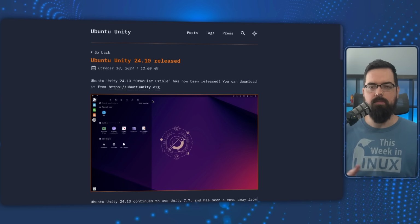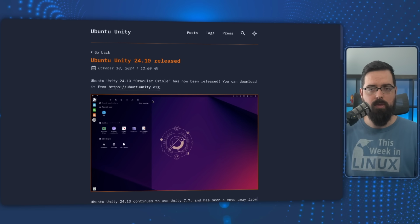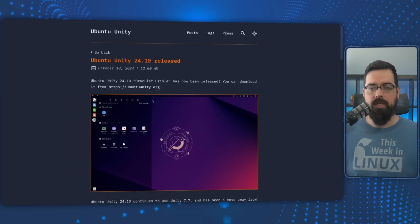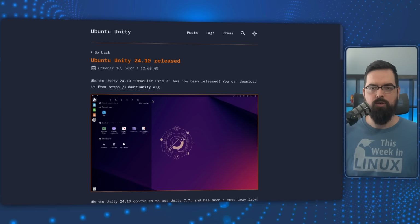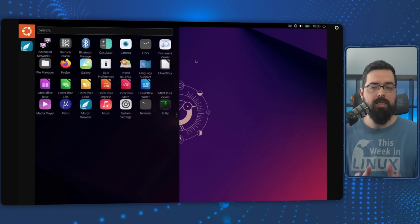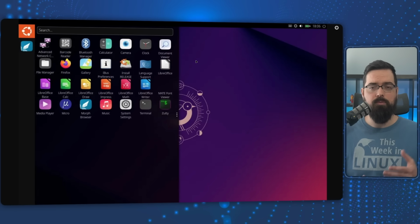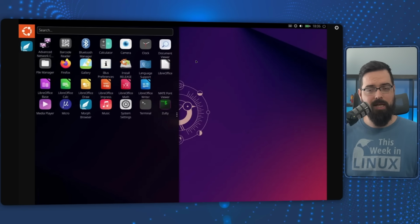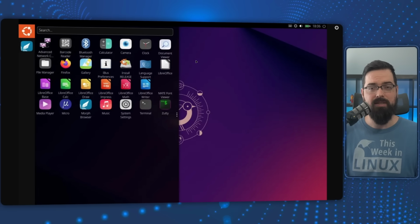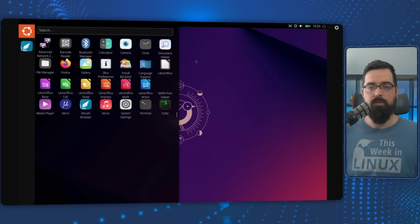There are some bug fixes and maintenance updates and that sort of stuff, but they also are talking about Ubuntu Lomiri 24.10 in this release because the Lomiri desktop has a lot more stability since they were releasing it as a kind of testing version in 24.04. They say that Ubuntu Lomiri with 24.10 is stable enough to daily drive, but not recommended for primary machines due to the limited support. Because if you run into some issues, there's not many people who can help. Their community is pretty small for this particular thing, so you would probably have to fix things if you run into problems. But it is really cool to see that they're working on bringing Lomiri into the Ubuntu stack,